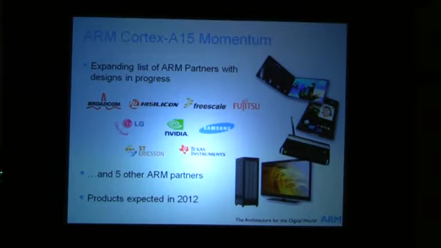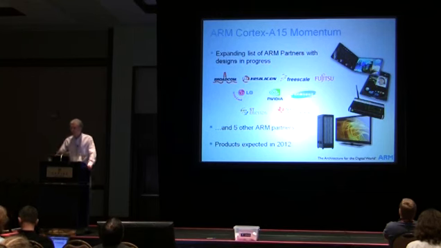So just to start things going, the A15 has a couple of new features around virtualization and a large physical address. We changed the page table format to be able to cope with a large physical address, 64-bit entries. That was about a year ago. We've done our early access of our RTL to our lead partners, 14 partners to date, 9 of them announced as listed here. And we do expect lots of products coming out in the 2012 timeframe. So this is very much the processor of the here and now. You'll see more A9 designs, etc. And this new member of the family is our new top-right offering from ARM.